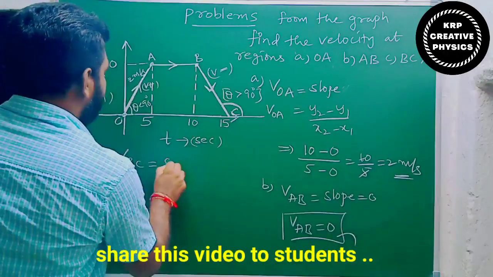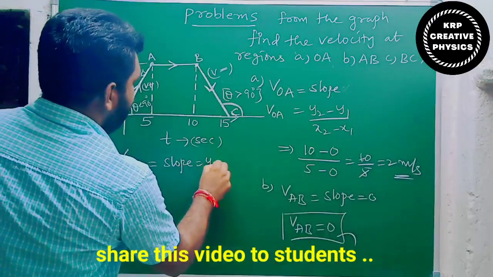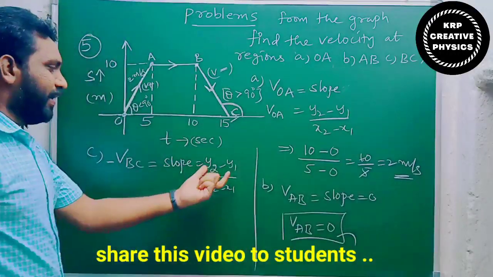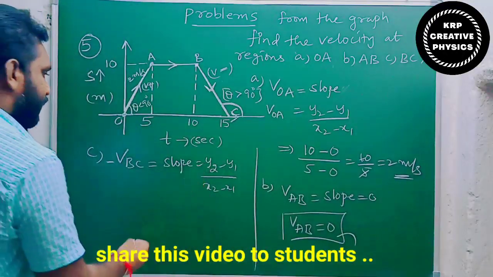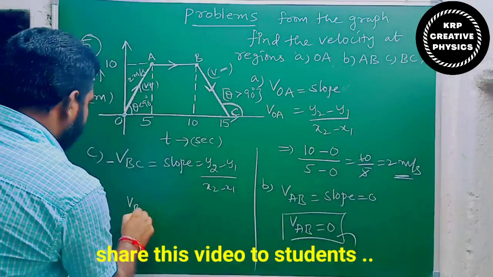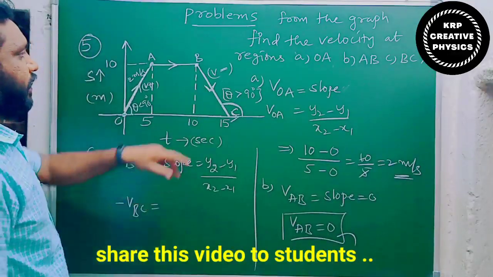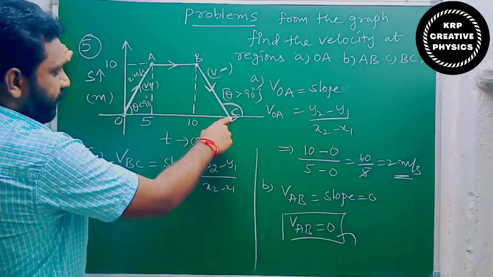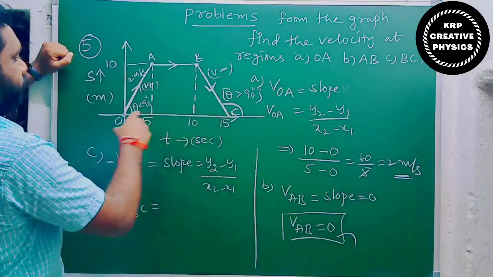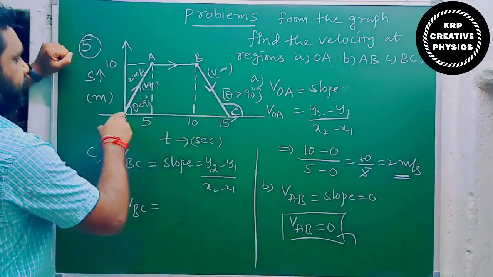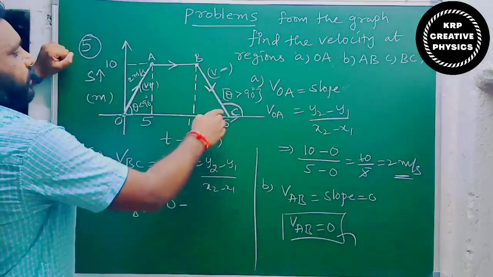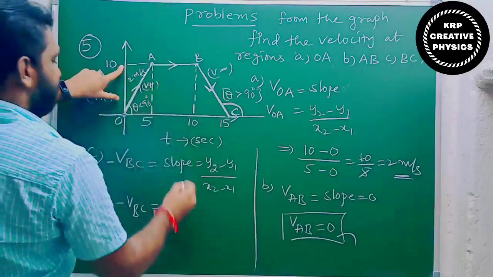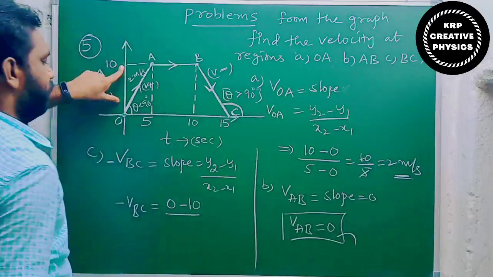Slope again: y2 minus y1 by x2 minus x1. So that means difference in y-axis reading by difference in x-axis reading. You have this in mathematics. So now velocity between B to C. Right. So B to C we need to consider. So C is the final reading. So what is the corresponding reading on C here? Just try to observe. Y-axis reading 0 minus. So next B, this is the initial reading. B corresponding reading, how much here? 10. Right.